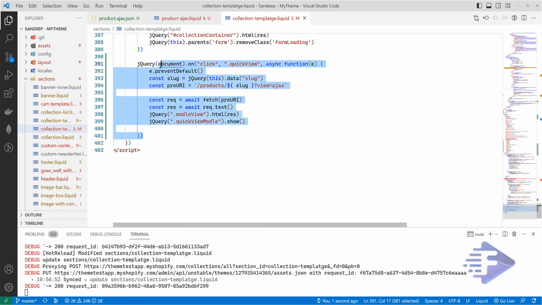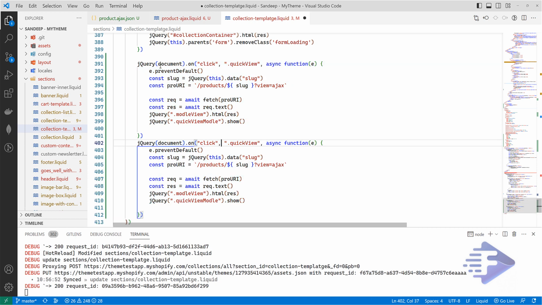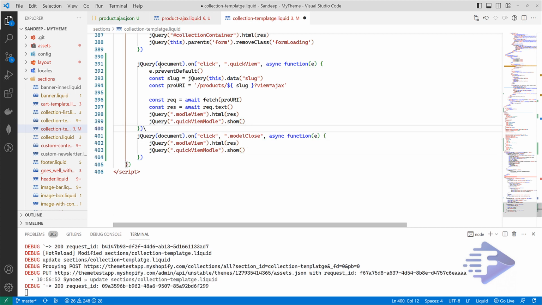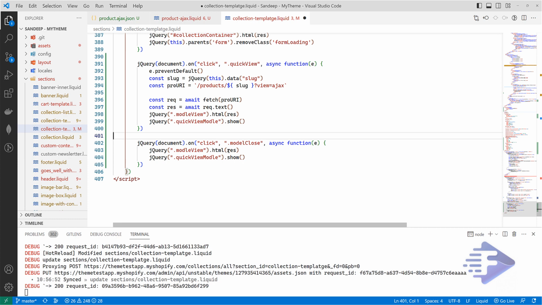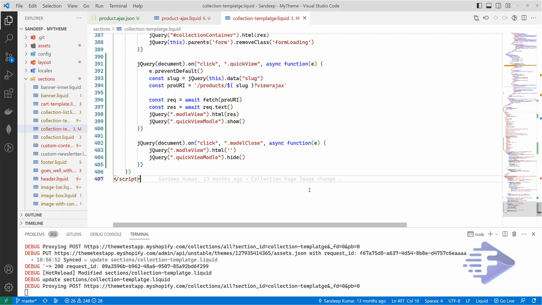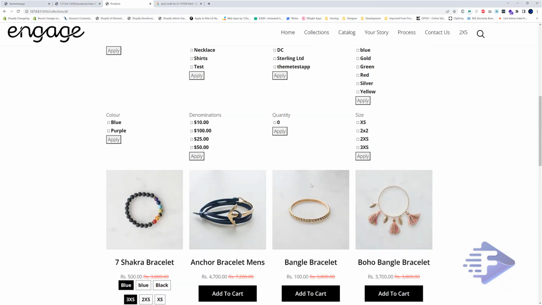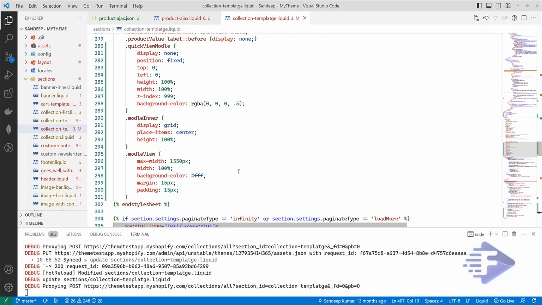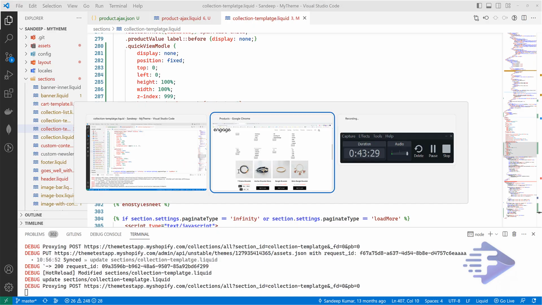For that I'm going to do the same thing. Instead of quick view, I'm going to keep these both things. This will erase everything from our model, and this is going to hide our model. And we also have to add style for this one.